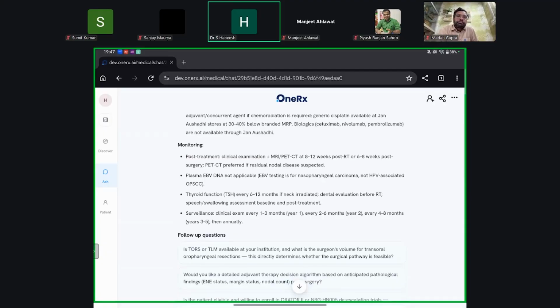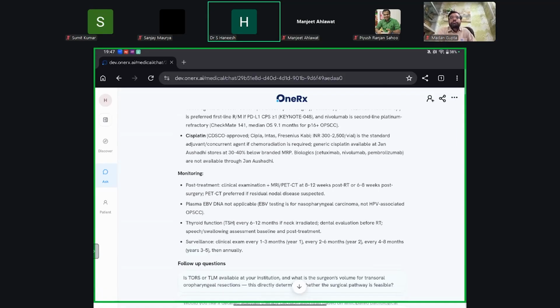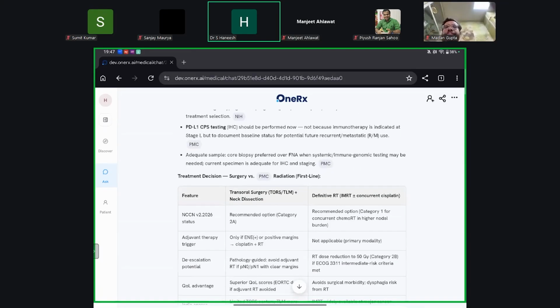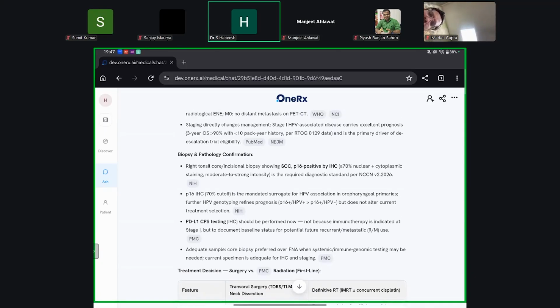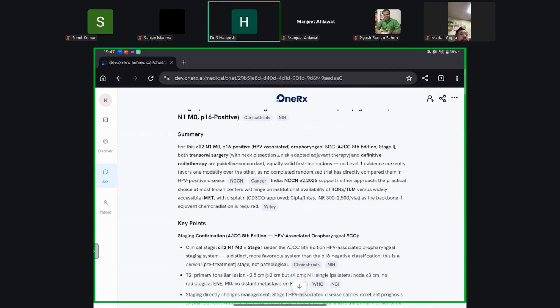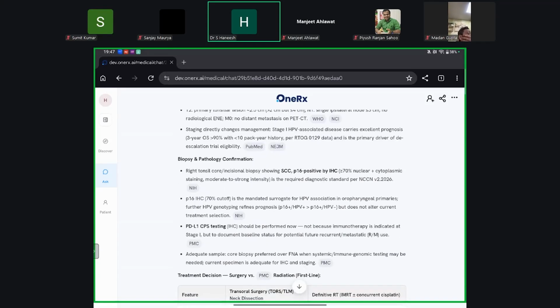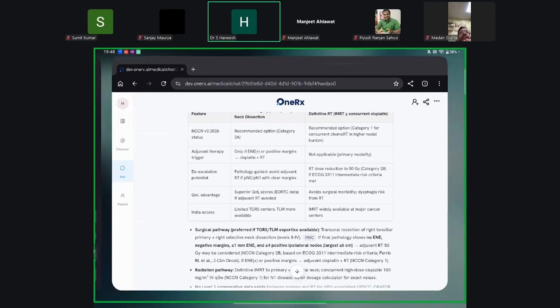So I'll open it for discussion: if any surgical oncologist is in the audience, what evidence supports this, and what is in your practice for your patients? If not, we can go for another question. Do radiation oncologists have a question for this query?